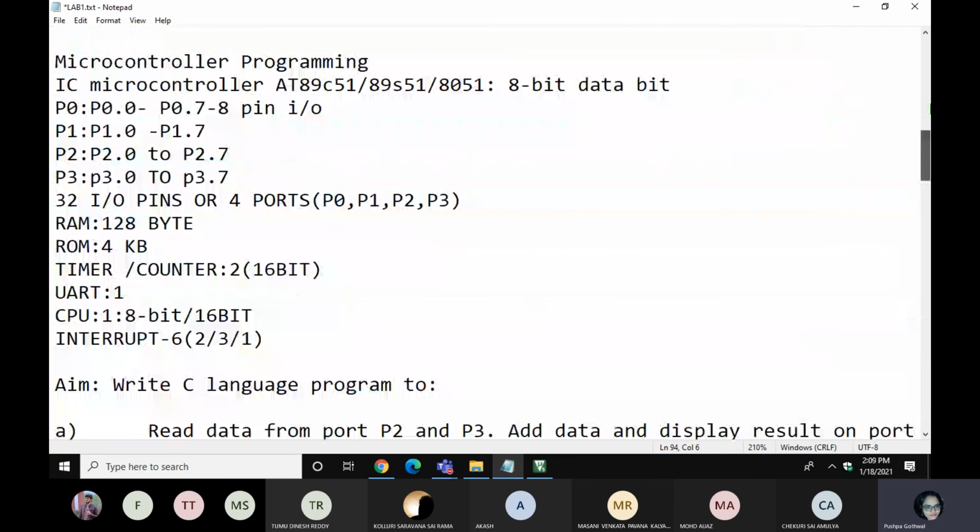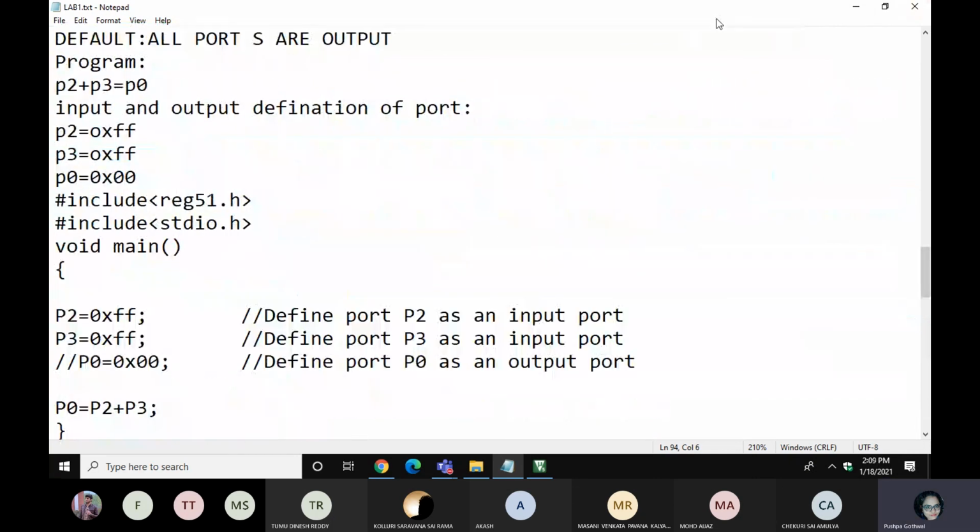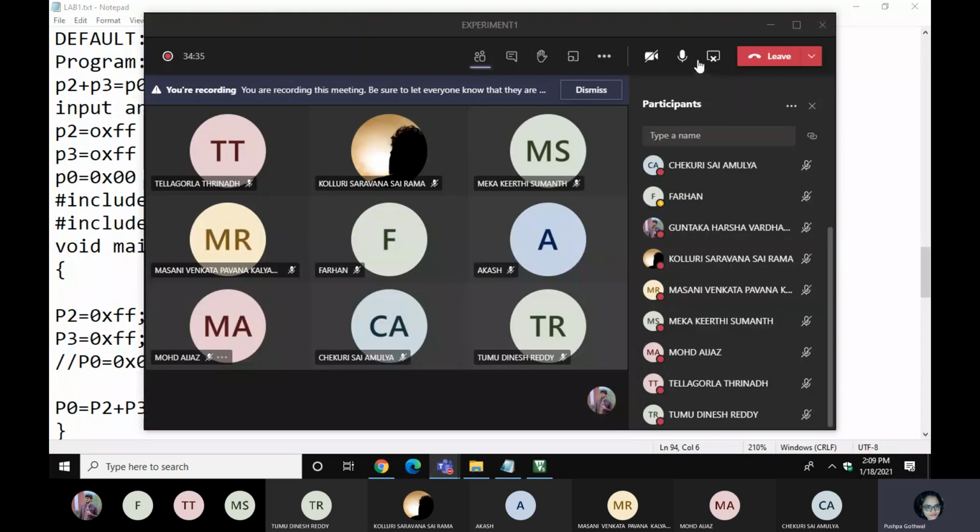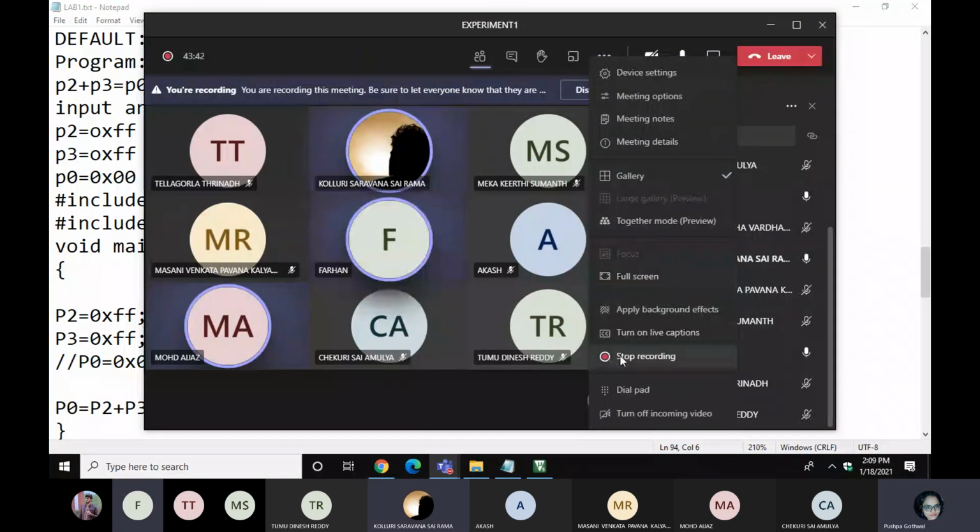Okay. So I already shared this particular text file in the file folder, and I'm sharing the link of the YouTube video which shows how to work on the Keil simulator. Okay. If you have any doubt, you can ask me now. Ma'am, if you want to change any like